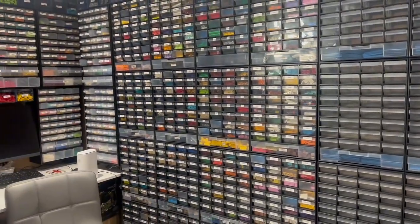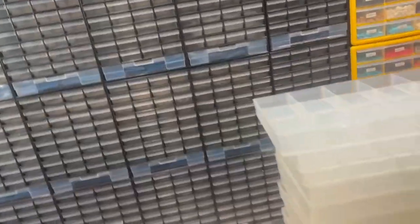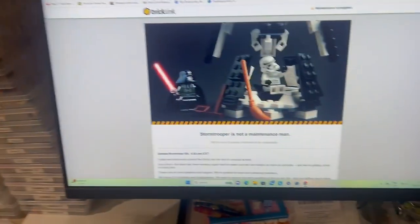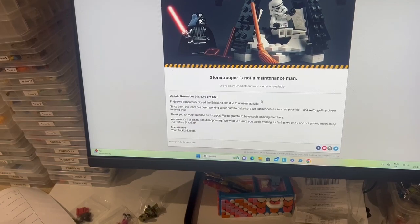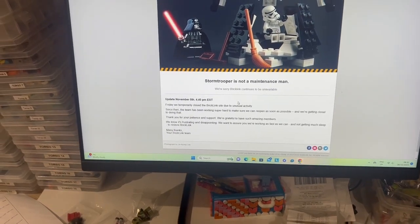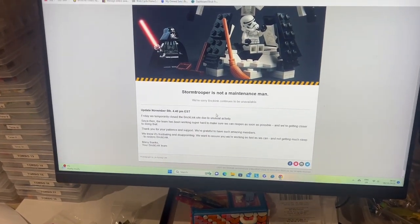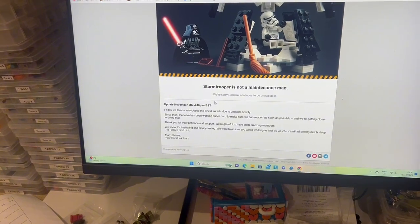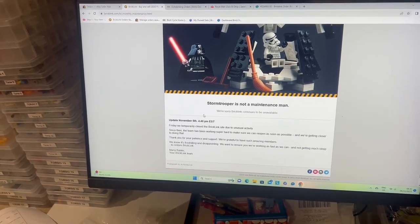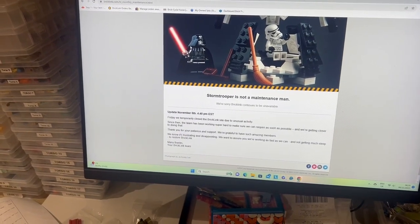It's Monday the 6th of November, and for those of you that don't know, Bricklink has been out of action since Friday evening. It's believed to be some sort of cyber attack on the website, according to everything online. So there's been no action on there since then. So that resulted in,